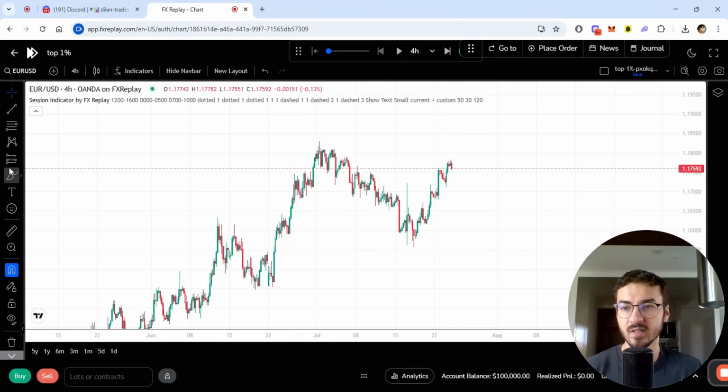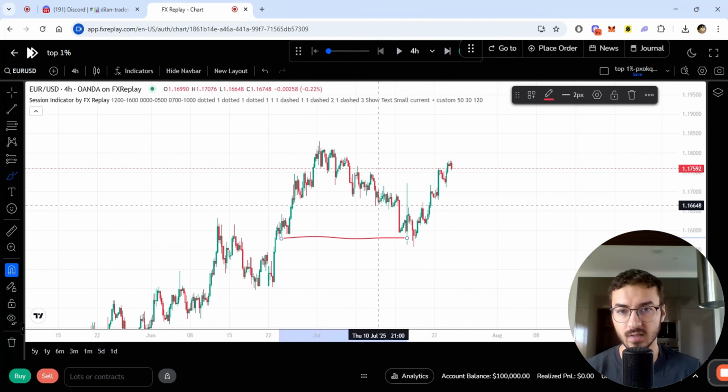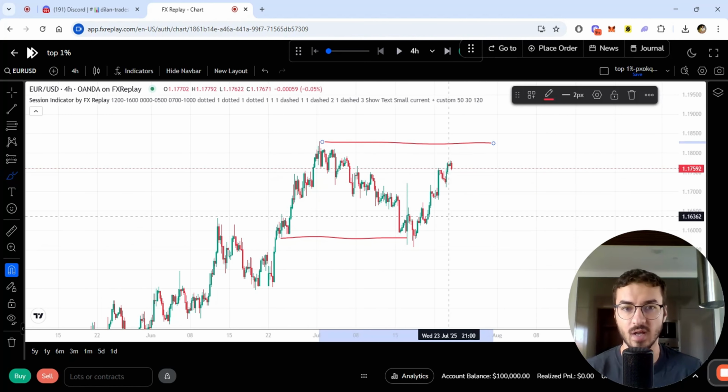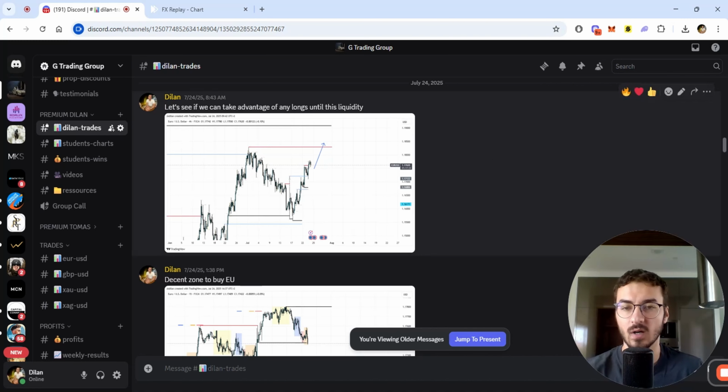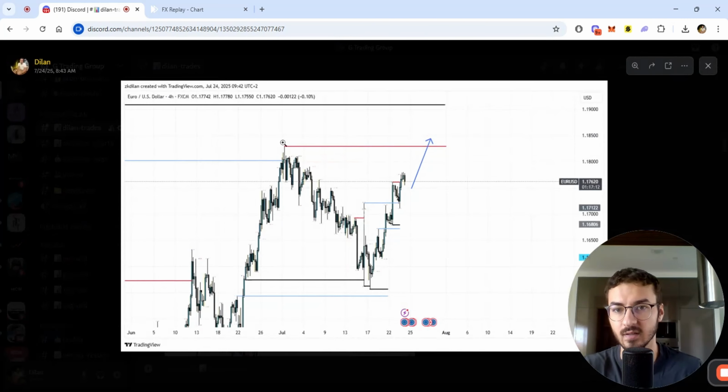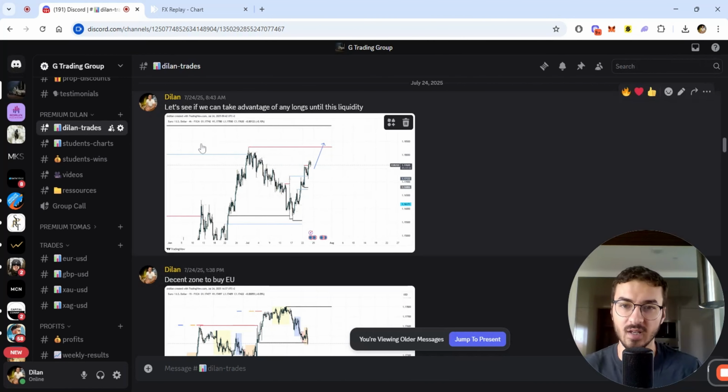Okay, so from what we can see in the day, you can see that we're bullish. Obviously we're sweeping liquidity, and right now we're probably gonna continue to sweep another liquidity, continue to head bullish. In my premium group, where I tell my students what I'm seeing in the markets, I literally tell them the same thing. We're gonna try to look for buys in order to take advantage of that liquidity